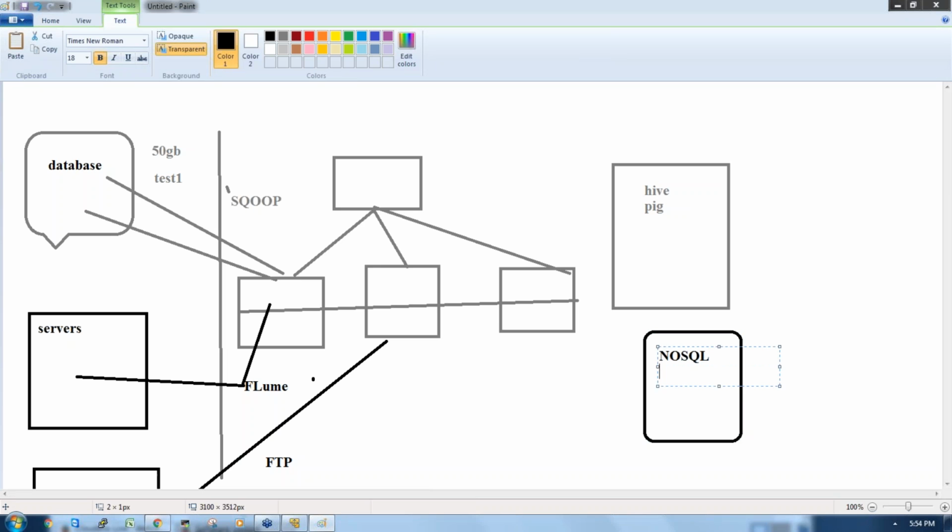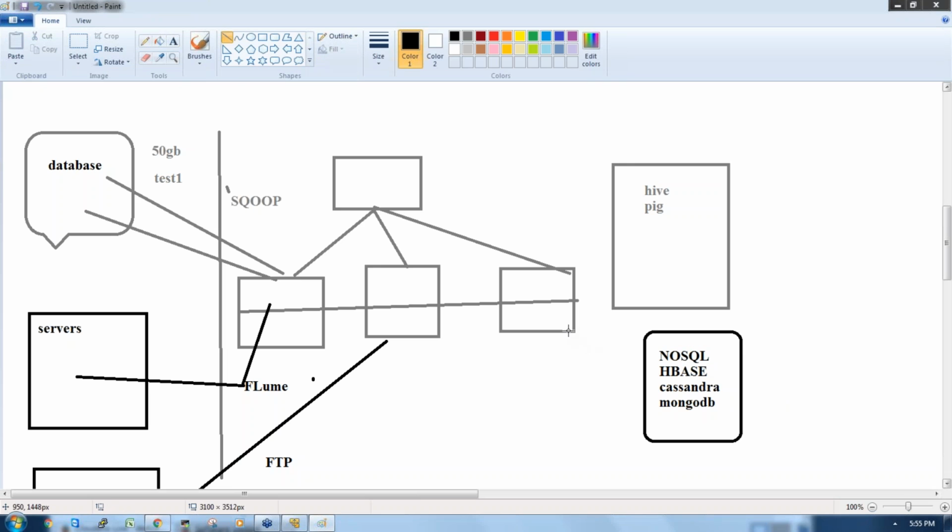So it's a NoSQL database, like an RDBMS, and the name is HBase, right? Like if we say RDBMS MySQL, so here we say NoSQL HBase. So we have RDBMS: MySQL, SQL Server, Teradata are available, right? So that's the RDBMS. So what are the NoSQL databases here? You can have HBase, then Cassandra, MongoDB. So these are the NoSQL databases. Then I can store the data into the NoSQL, or I can export the data back to these external resources. So this is generally what we have to do in a Hadoop cluster.